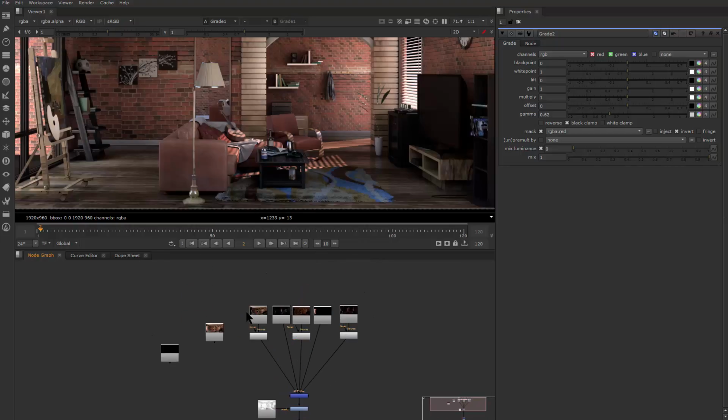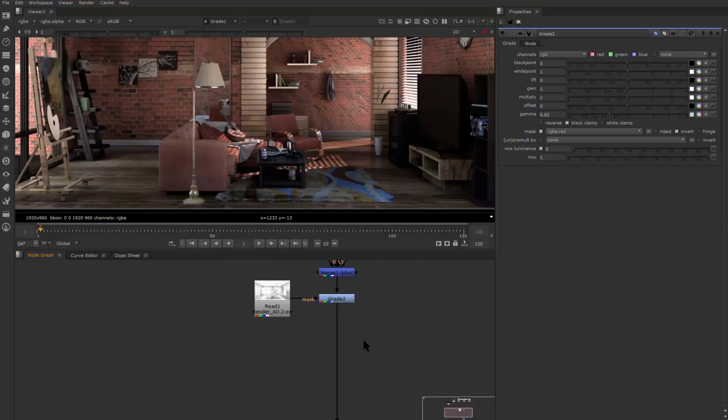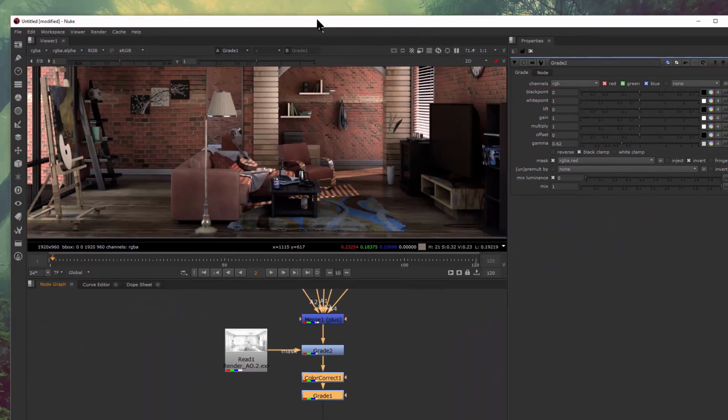So now you see the streamline. We denoise, we merge them together, we use AO, and then we did some color correction. Let me drag that back. Okay, and then let's move on to something else, like